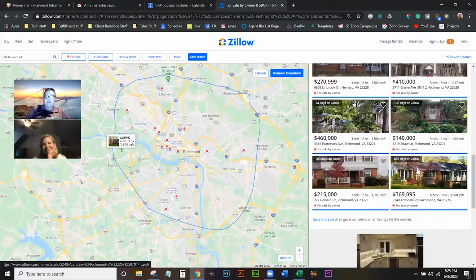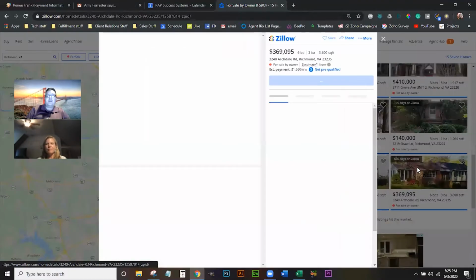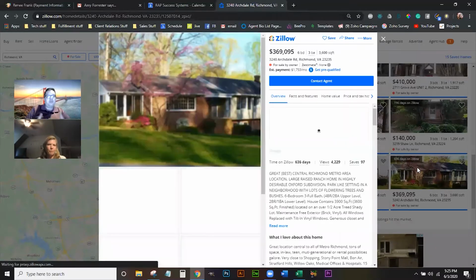Now, that's a $369,000 house that's been on Zillow, not selling. You're never going to sell a house like that on that street. And it's also been on here for 2 years, so it might have come off. They might not be too serious anymore. But I always start with the oldest ones first just because they've been sitting and they might actually want help at this point. So we're going to click on the house and we're going to get a quick overview of